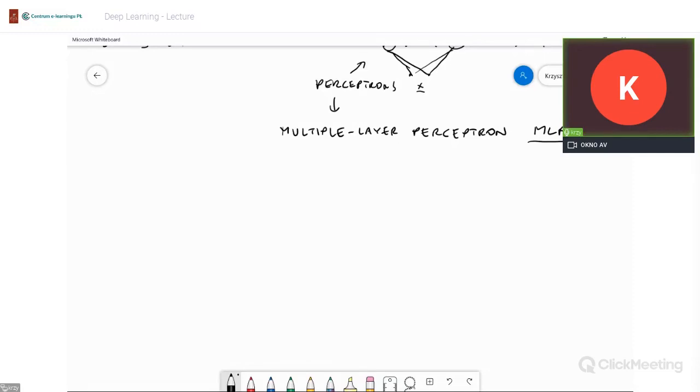We will not probably have time on addressing other architectures, maybe, but it is not that certain. So we have a structure, and this structure is composed of several layers of appropriately interconnected neurons. And now what I would like to